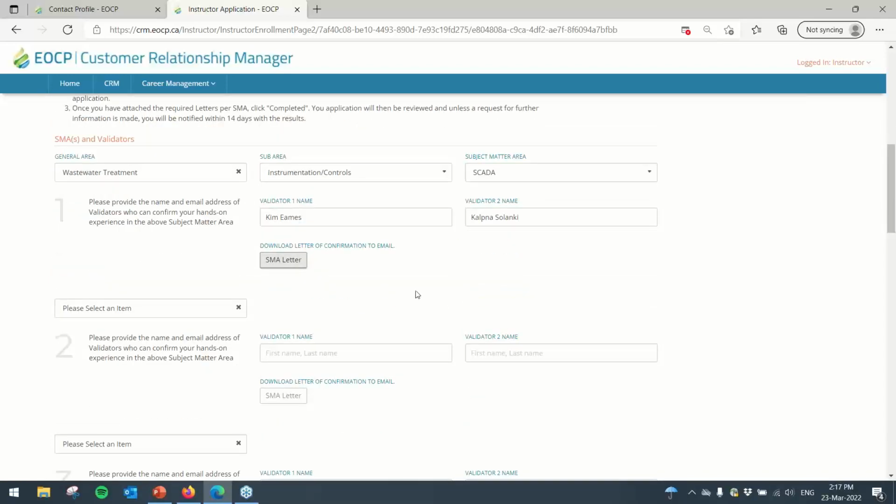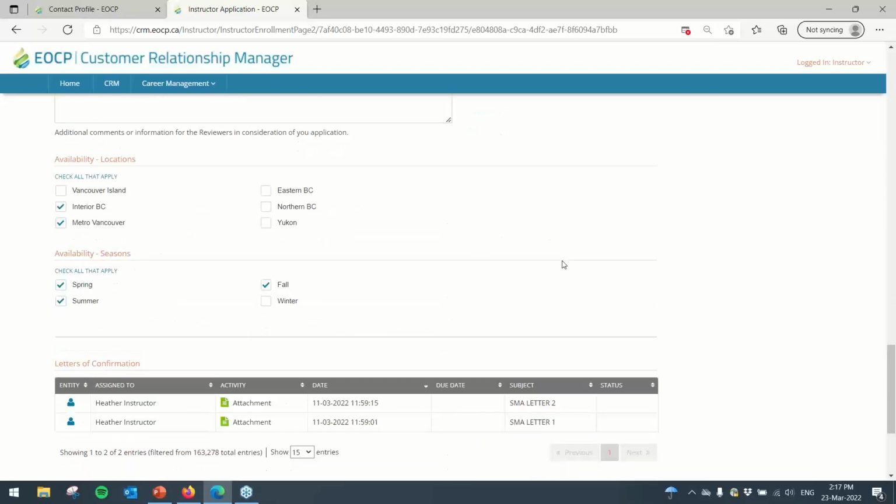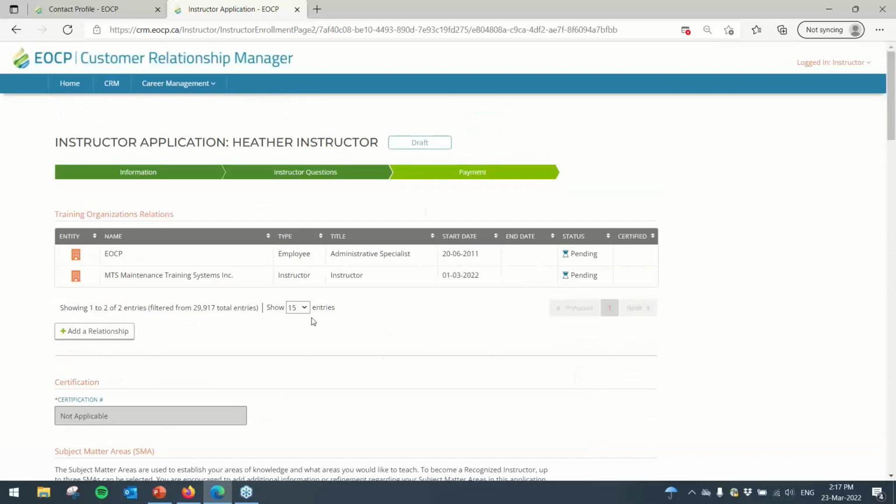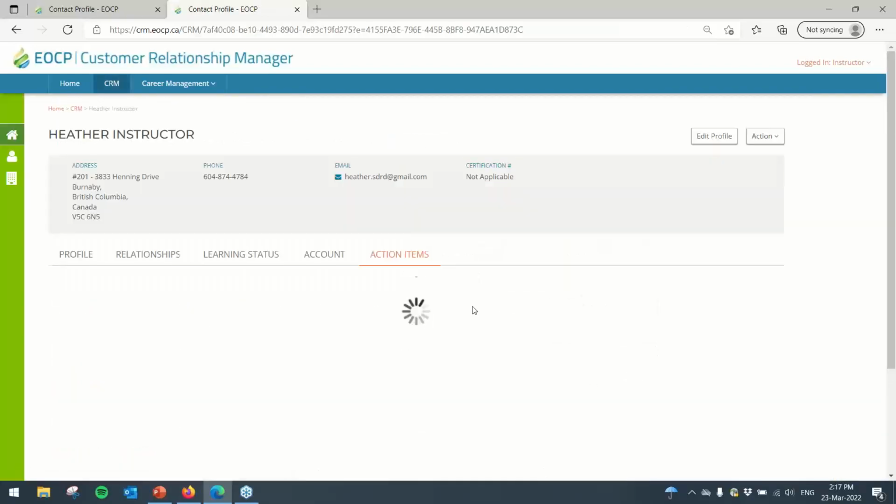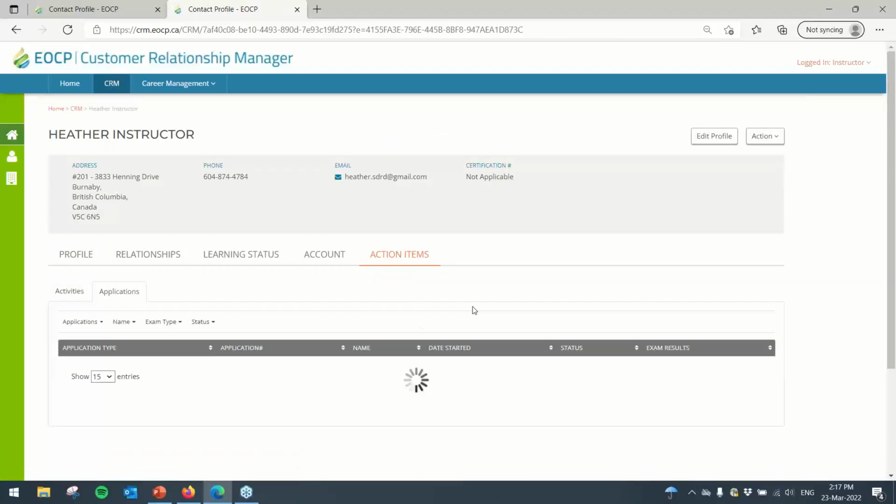So I've just downloaded my letter, but obviously it's not signed right now. So I'm going to go to the bottom. I'm just going to click Save Draft. That way I can save my application and get Kim and Kalpana in my hypothetical example to sign off on those forms. Fast forward a little bit, they've signed off on the forms and I'm ready to continue with my